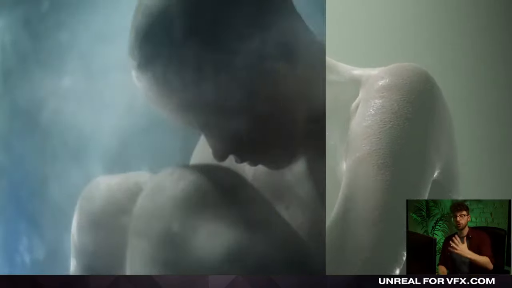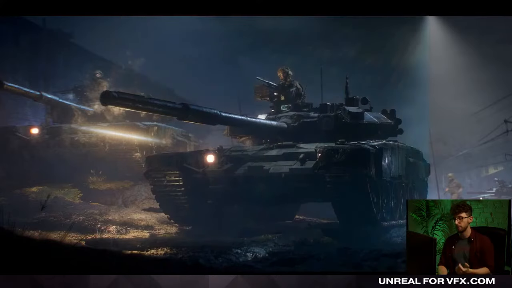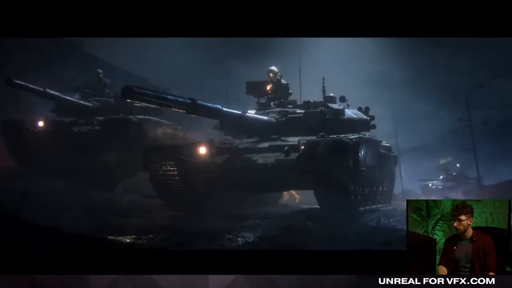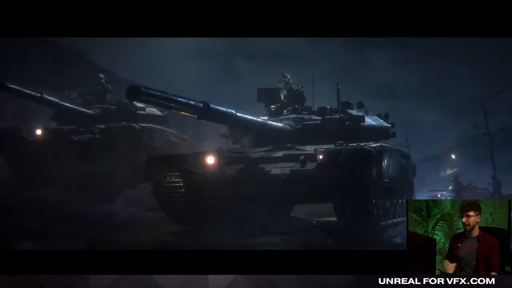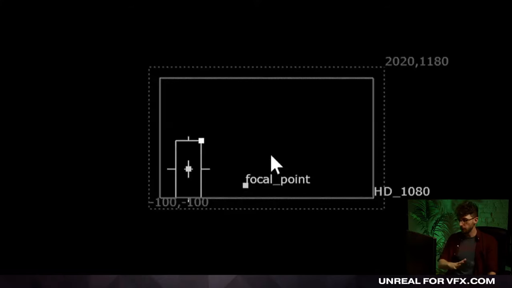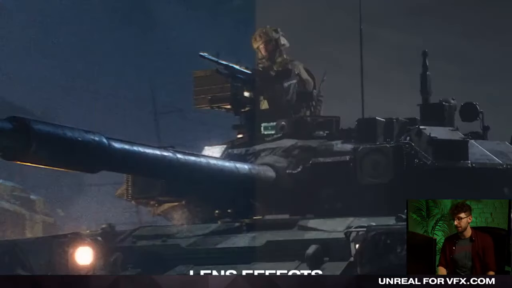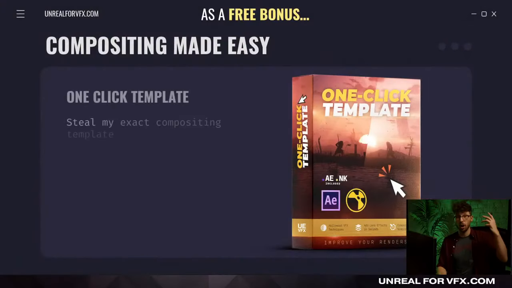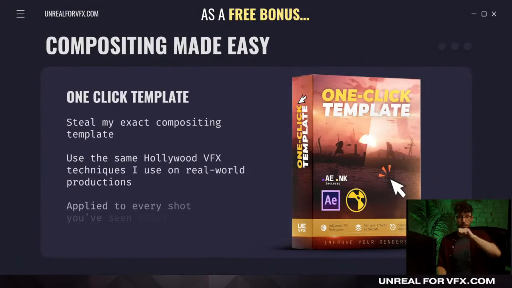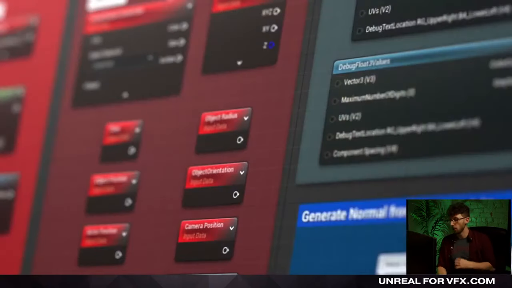So that also goes for our one-click compositing template. This is the other bonus that we're throwing in as well. It's that same template I use on the Dune project, on the Godzilla project, that I use on all of my freelance and commercial work, that one-click compositing template, and you can use it on your own shots. It's literally a couple of sliders to get all of the Hollywood visual effects that I'd normally apply on my own shots at a visual effects studio. You can apply it on your own work to really help yourself stand out. That is our one-click template.